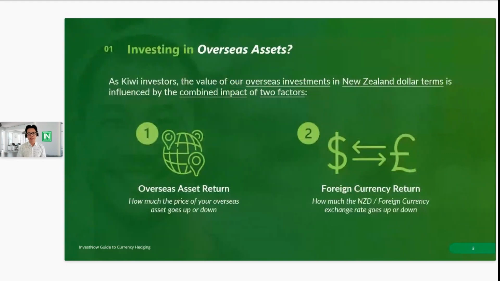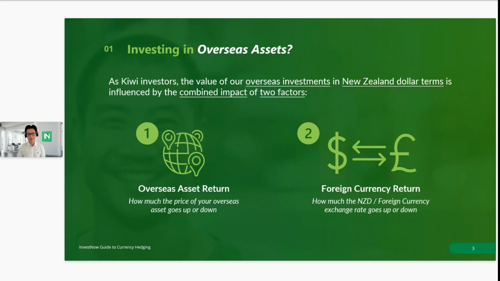So overseas investments like shares and bonds make up an increasingly large portion of New Zealanders' investment portfolios. As Kiwi investors, our investments are generally valued in New Zealand dollar terms, as that's the local currency that we get paid and spend. The value of our overseas investments in New Zealand dollar terms, however, is impacted by two key factors. One is the asset return on the investment that you've actually made, and two, it's the foreign currency return